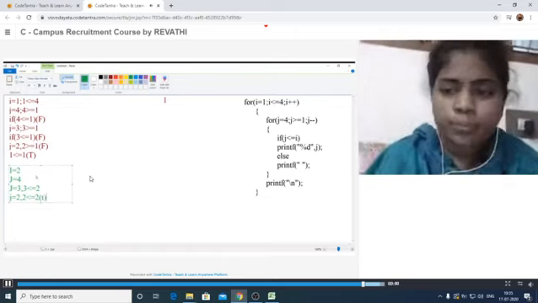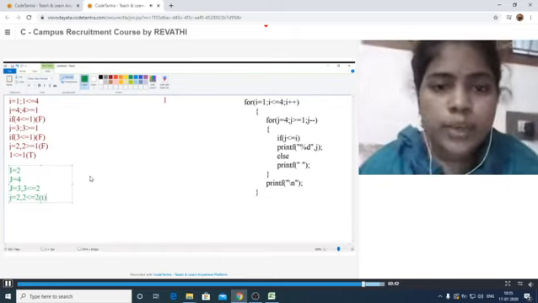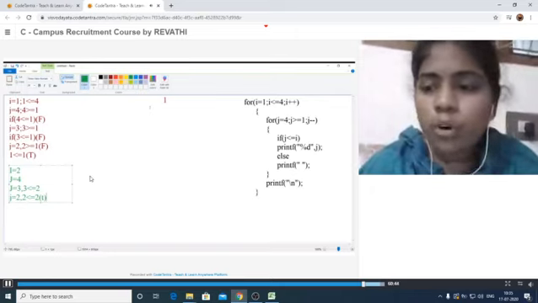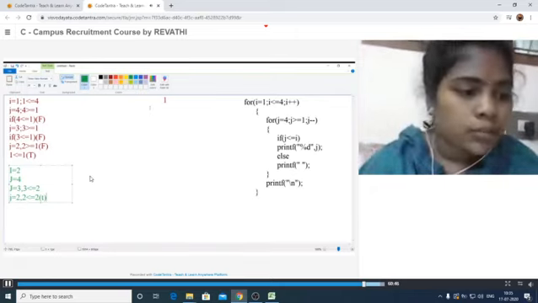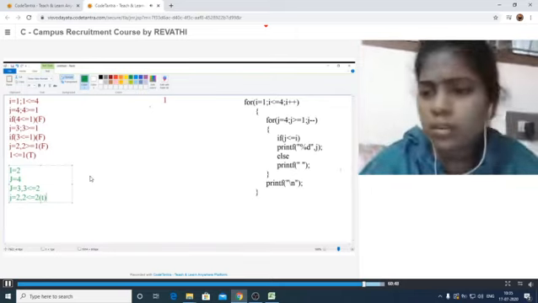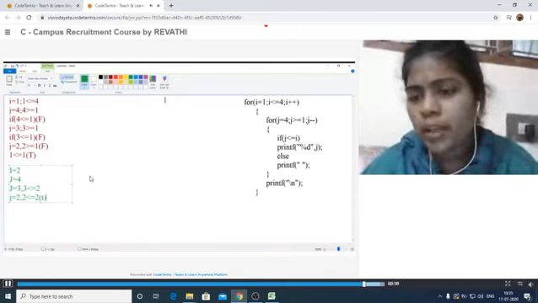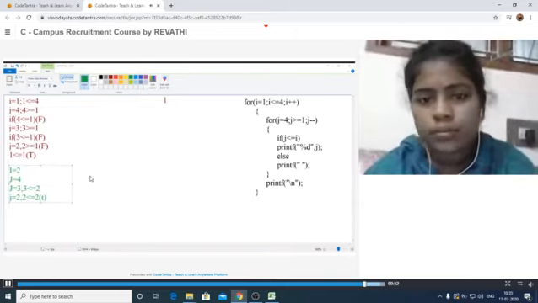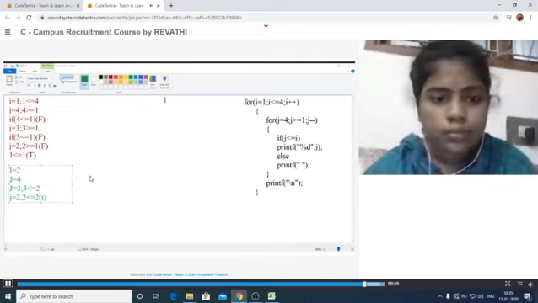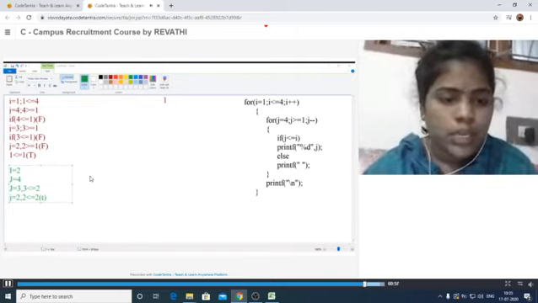After these 2 spaces, it prints the value of j. What is the j value?